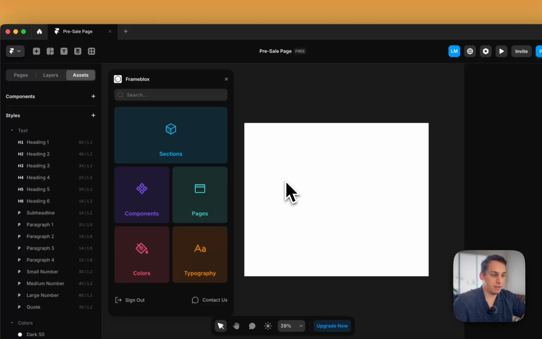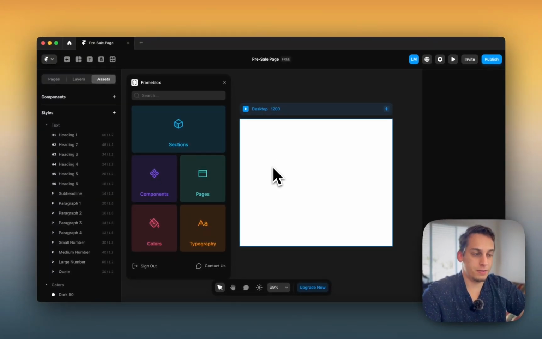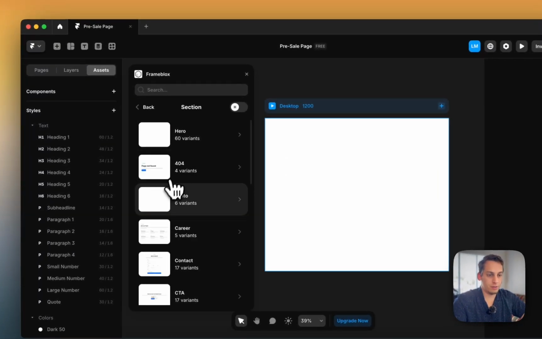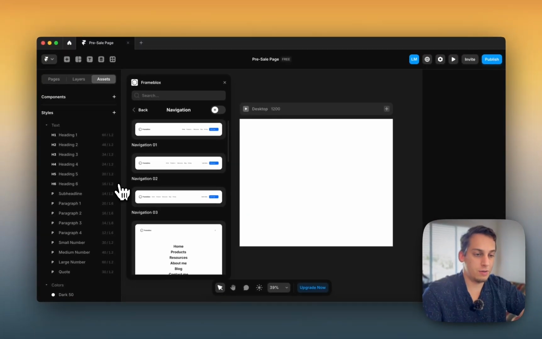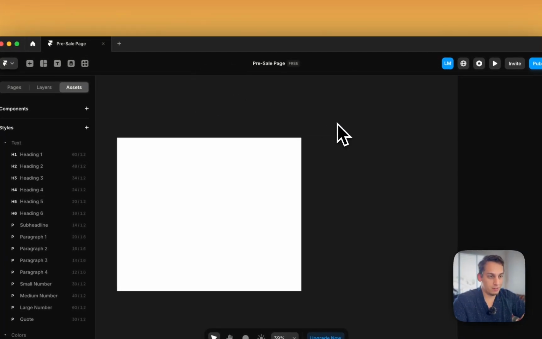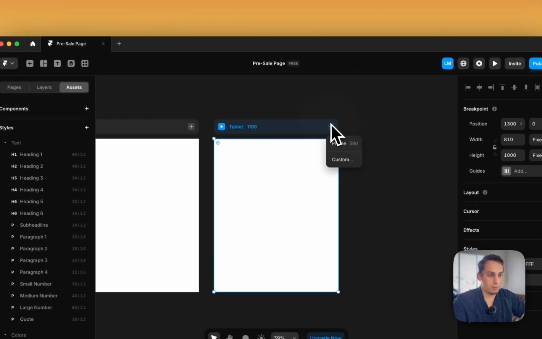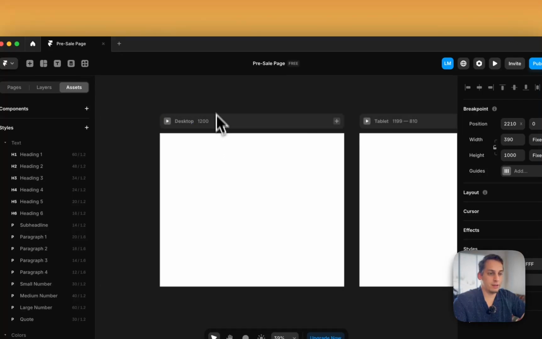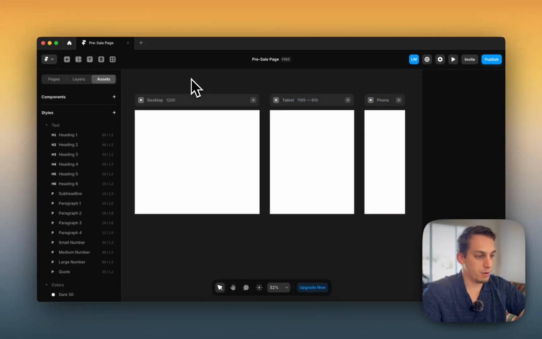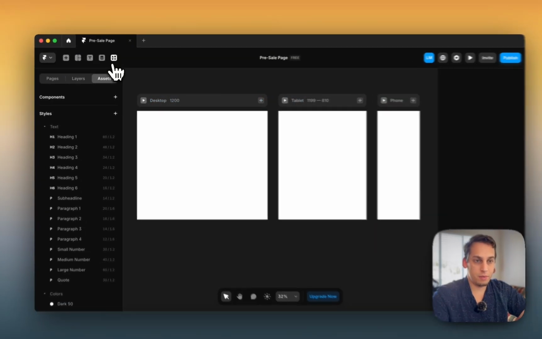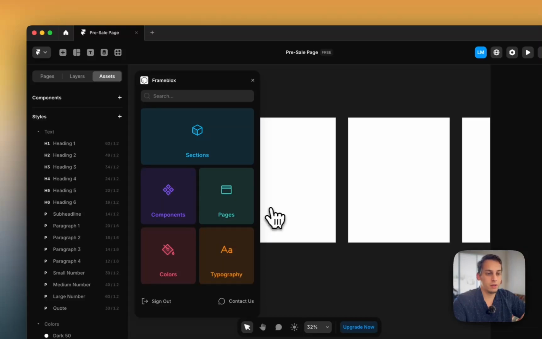Now, since we have the basics, we can just go ahead and add the different sections, right? So the first thing is we're going to add the navigation bar, and a navigation bar is always going to be a component because they're going to have a burger menu for the mobile. But before that, my number one rule, if you watch all my videos, what is it? To add the different viewports, because we want to design responsively always. So we want to design from desktop to tablet to phone. That's number one rule. After we do this, go back to our plugins, go back to components,